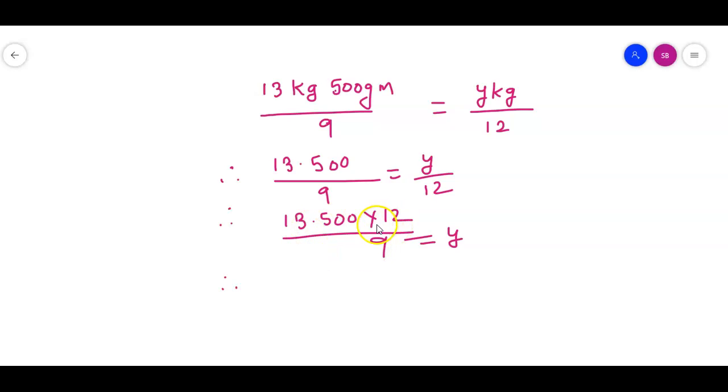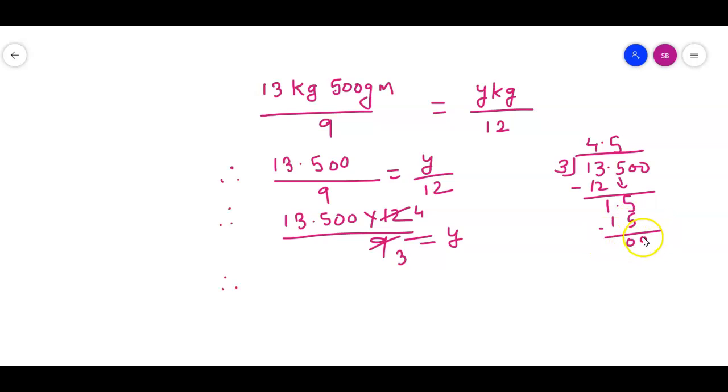Therefore, when we multiply like this, if you try to find this, division is very easy. Now here see 12 and 9, right? In the table of 3 we can cut both the numbers. 3 3s are 9 and 3 4s are 12. Now 3 we can divide into 13,500. If you want, I can show you on the side. 3 and this is 13.500. We know that 3 4s are 12, so 13 minus 12 is 1. We have a decimal over here, so we will put a decimal here also, and we take this 5 down. This is 15 as a whole, 15, not 1.5. So we know that 3 5s are 15.